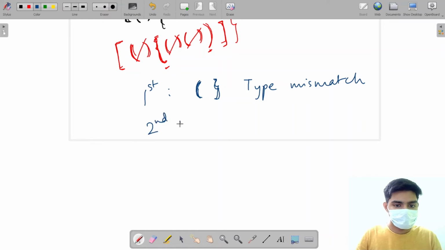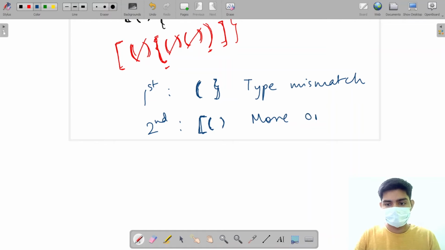My second thing is I have more opening brackets than closing brackets. So I have this square bracket here, I don't need this square bracket, right? So I can just simply say we have more opening brackets. Or the third thing is I can have more closing brackets.